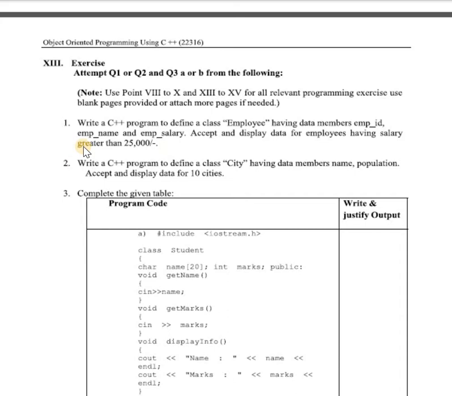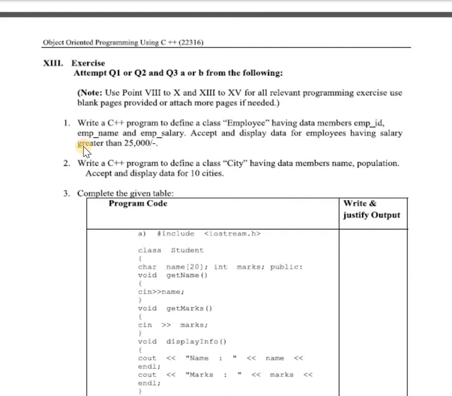Here in this program, you want to specify a class employee which has three data members. First one is the employee ID, second one is the employee name and third one is the employee salary. You want to accept the data for different employees, and after accepting the data, you want to display only the records of the employees whose salary is greater than 25,000.